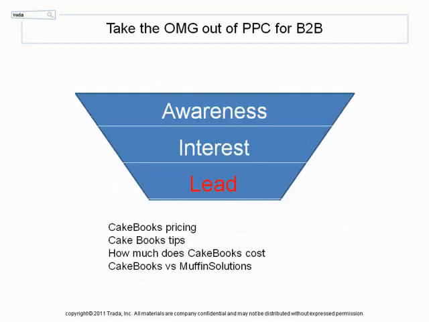So next we're going to come to lead. So when targeting someone at this stage, your brand keywords might come into play. A searcher who's at the lead stage might use terms like Cakebooks pricing, Cakebooks tips. Remember that not everyone will use your exact spelling. Here we have Cakebooks versus Muffin Solutions, who is our competitor in this scenario. And you might even find some success bidding on your competitors' keywords. So, why not? If you manage to rank above them, you might find that you can snag some of their potential customers right out from under their noses.